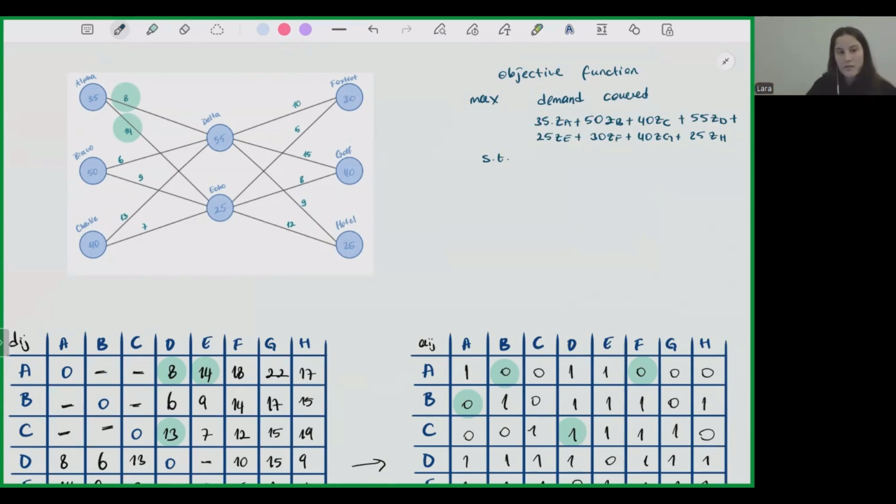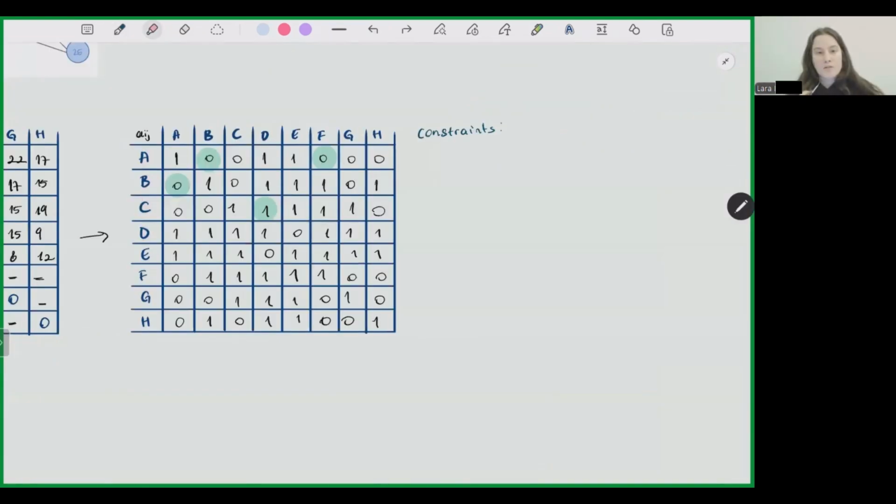Okay, so let's start with our constraints. We have to know what these ones mean. If you look at this row, to be able to cover node A, these nodes that have 1 in them have to be opened. So to cover A, a facility at node A should be opened,